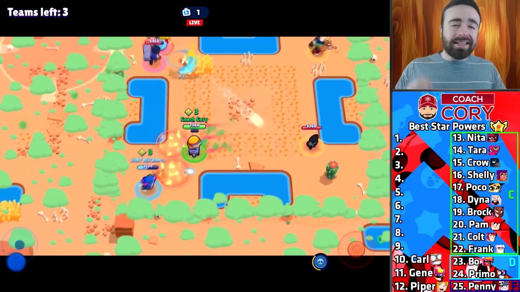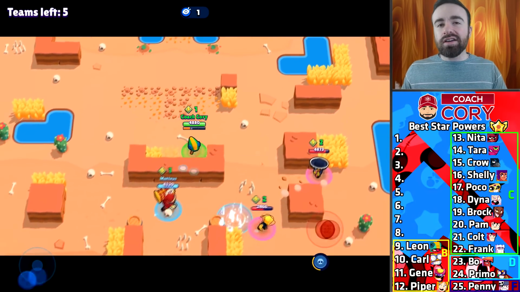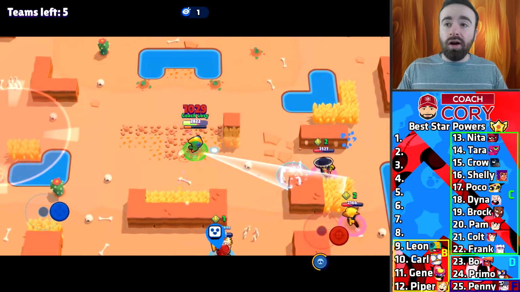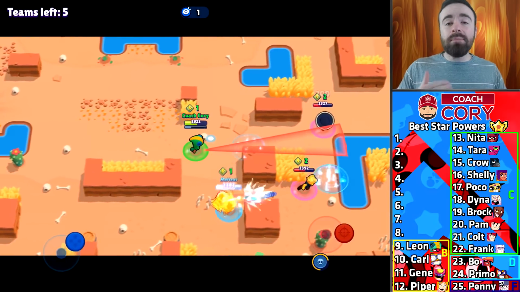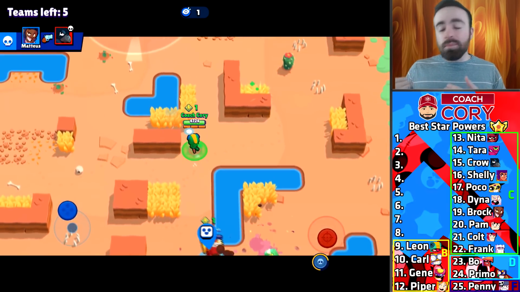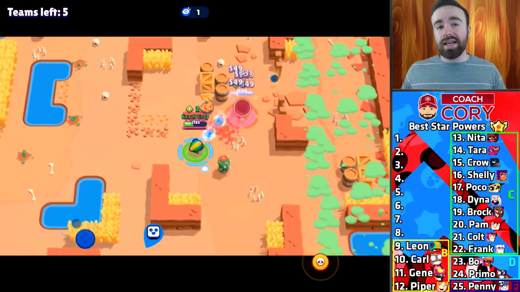At number 9 and the last one in the B tier, it's going to be Leon. Now, Leon's super has gotten nerfed a couple times and it now only lasts 7 seconds, which makes his super worse, but arguably that makes his star power that much more important, because now you have to time that super even more, and having that star power allows you to move a lot faster, and that can definitely be key